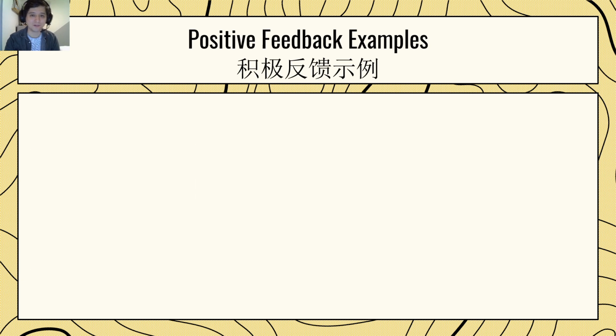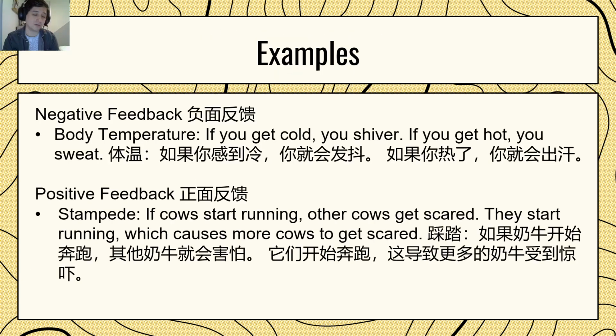So here are some more examples. Negative feedback, I'll be honest, is maybe more common. It's maybe easier to think of some examples, right? I can think of my computer or things like that, like my house, my system. So when the temperature gets too hot, what happens? The air conditioner turns on. If the house gets too cold, the heater turns on. That's a negative feedback system, right?